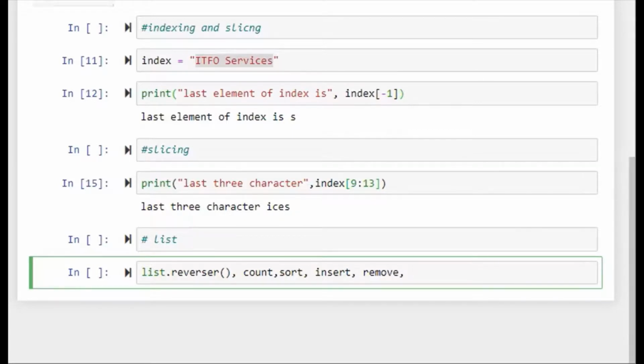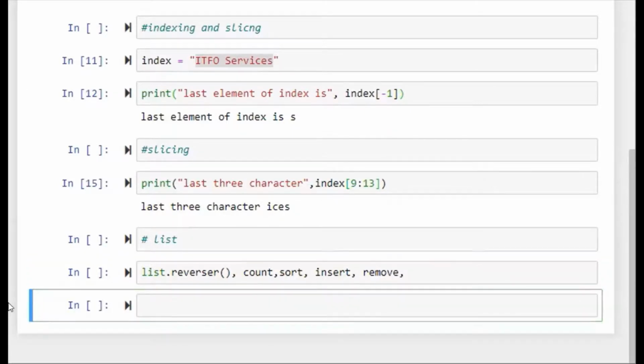For example, we have a list named A with elements 1, 2, 3, 4, 5, 6, 7.